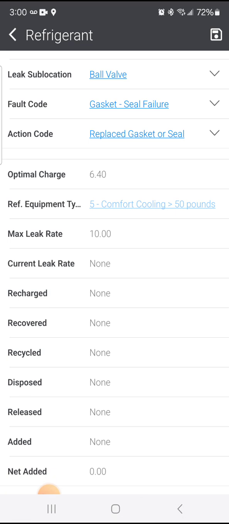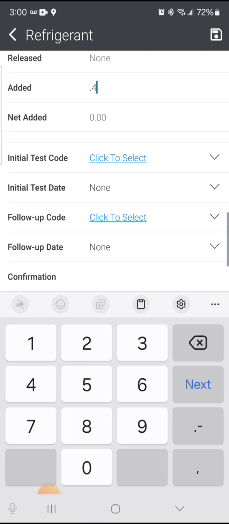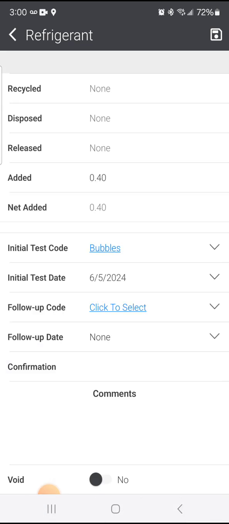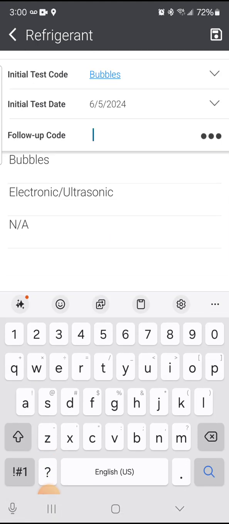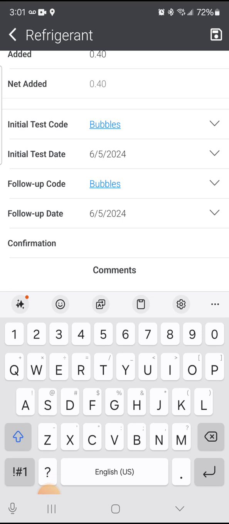Now all of the other information is going to be specific to this particular incident. I'm just going to say that I added 0.4 pounds. The initial test code I'll say was bubbles, and the follow-up test code was also bubbles. I can add any comments that I may need to,